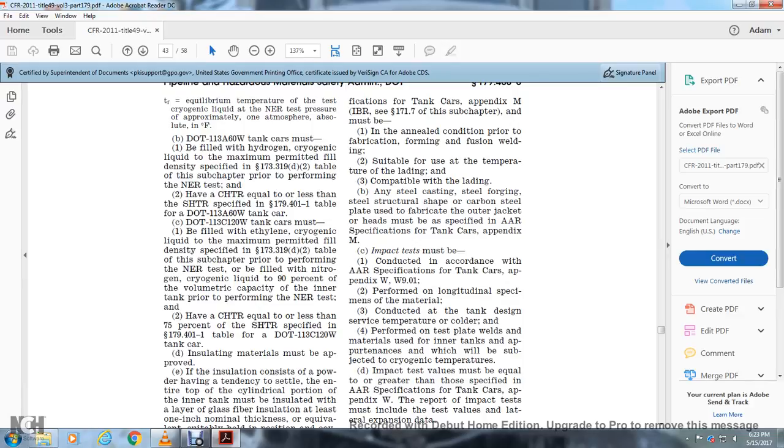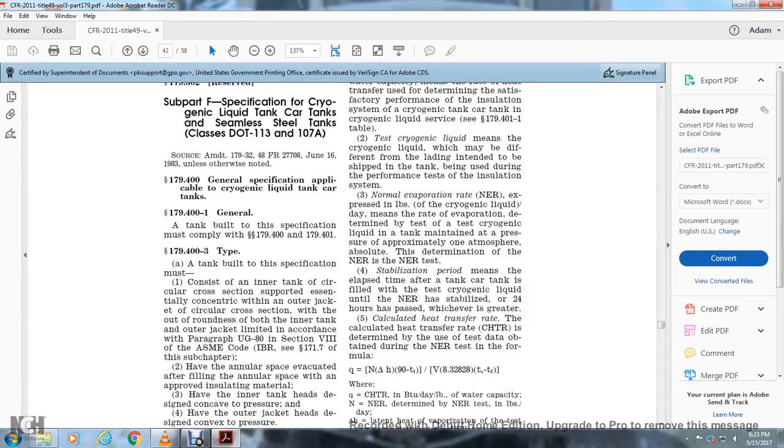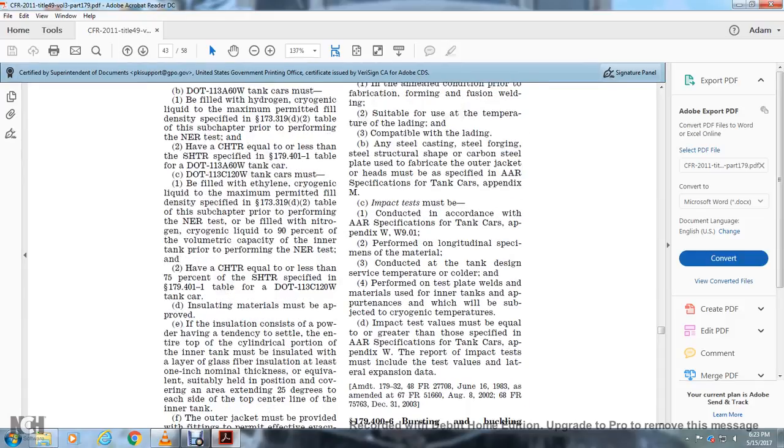Air tanks performing the normal evaporation rate test with cryogenic liquid at 90% of the volumetric capacity of the inner tank prior to performing the normal evaporation rate test must have the CHTR equal to or less than 75% of the SHTR specified in section